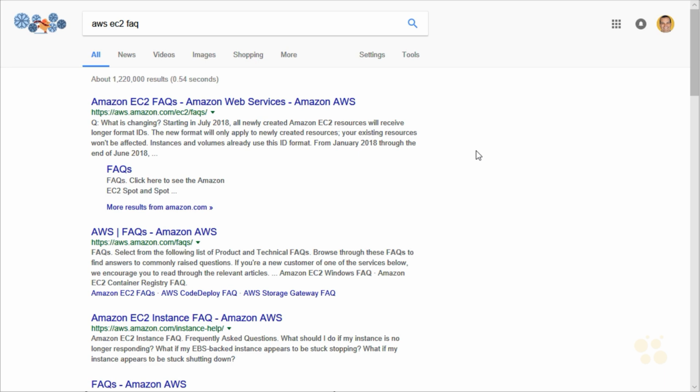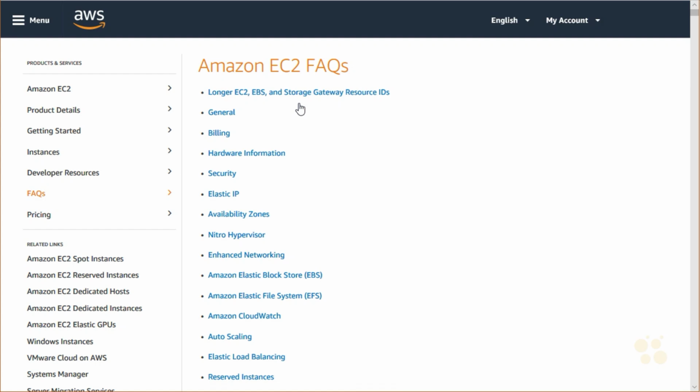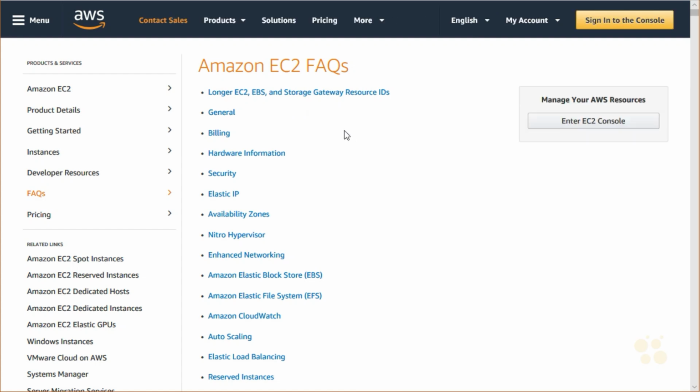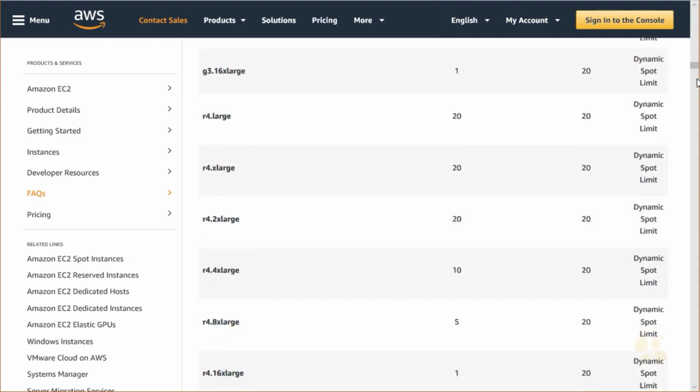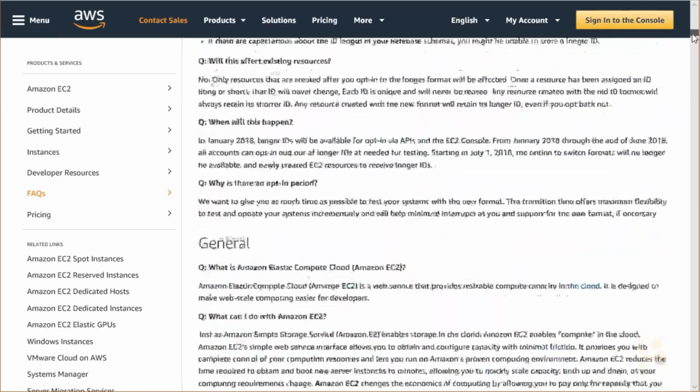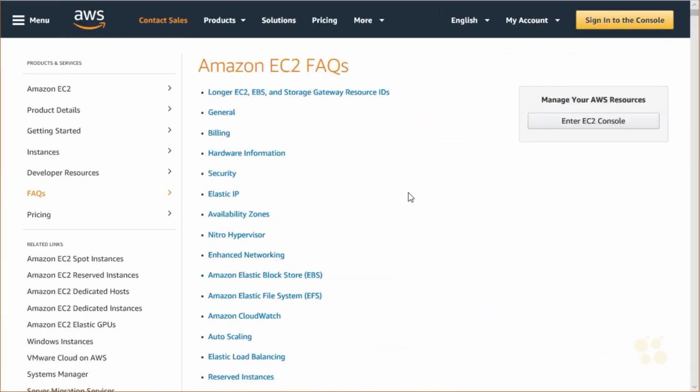Let me demonstrate this. I did a Google search here on AWS EC2 FAQ, and the very first link brings us to the frequently asked questions area for EC2. Notice there's so much to Elastic Compute Cloud that we get a whole bunch of different categories in that one subject area. So for example, if I'm struggling with the concept of what an elastic IP address is, I can